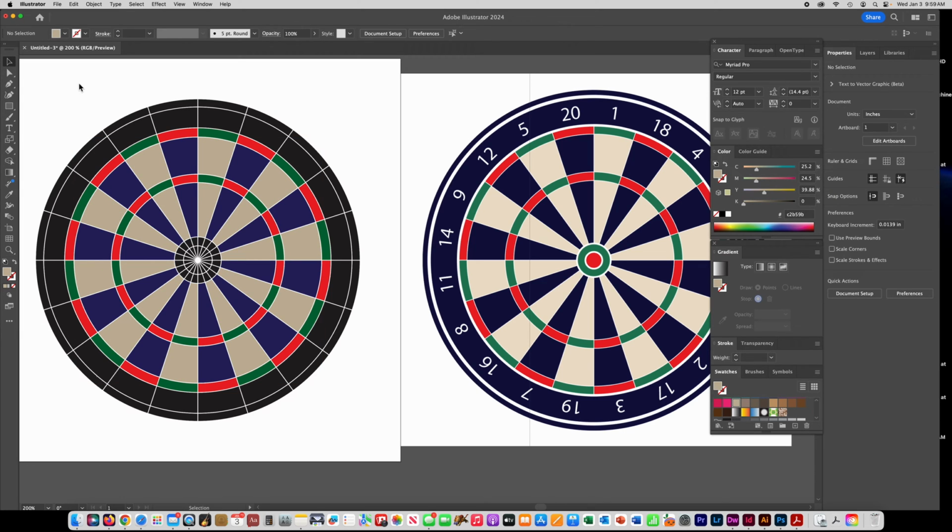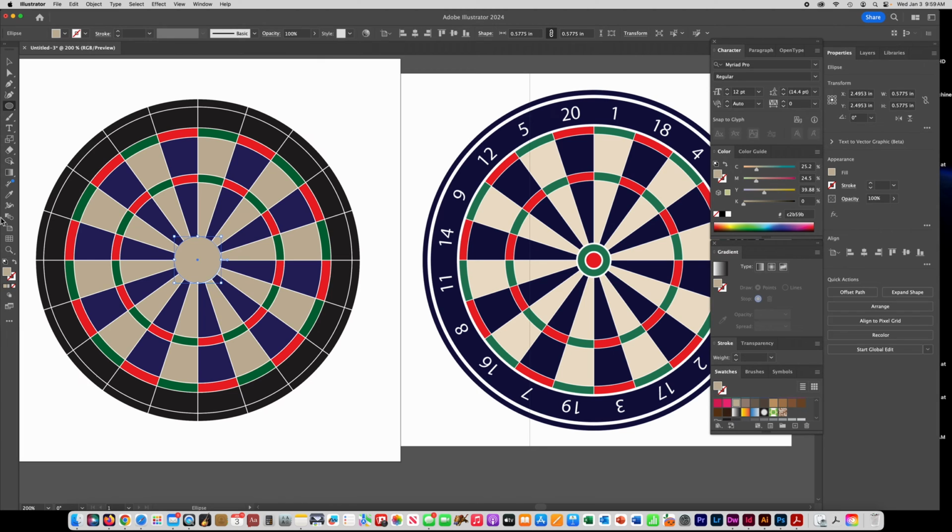Okay, so the next thing we need to do is colorize these bullseyes a little differently. We don't really want all these segments. So what you can do is just draw another circle on top of it. I'm going to get my ellipse tool, go again in the very center. If you hold your Alt key and Shift key at the same time, Alt Shift, and you go from the center, you can draw a circle from the center. You don't have to do it that way, but that's how I like to do it. So you want to make a circle that fills that area, and then we're going to get the eyedropper tool and click on the green,